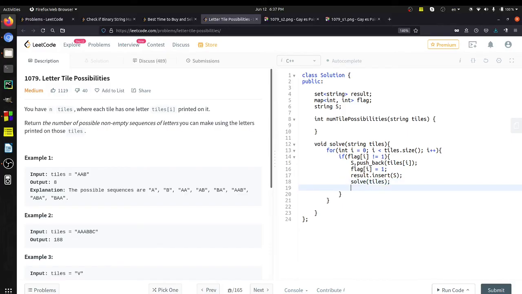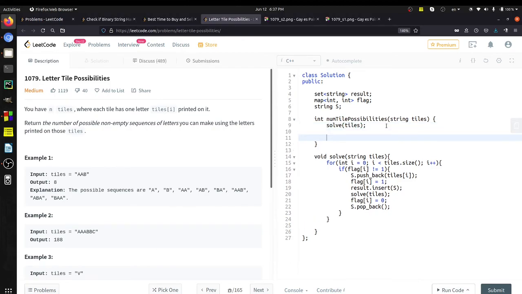After coming back we have to unset the flag. I will set it to 0, that means I have unset the flag, and I will pop back the last letter. In the main function we will just call the backtrack function and we will return the result dot size.